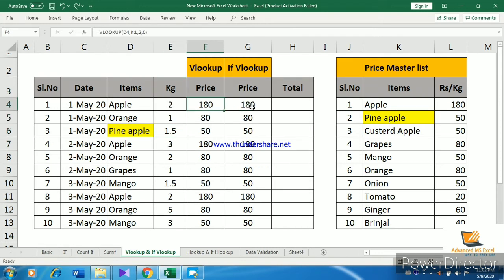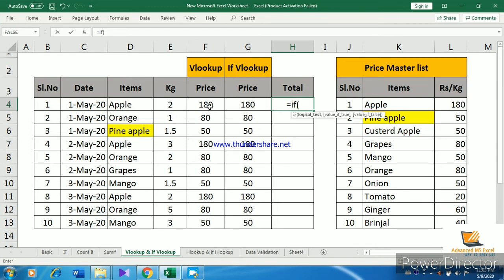Now we will see the total. If you are understanding all the functions in Excel, you can put any function in any cell.